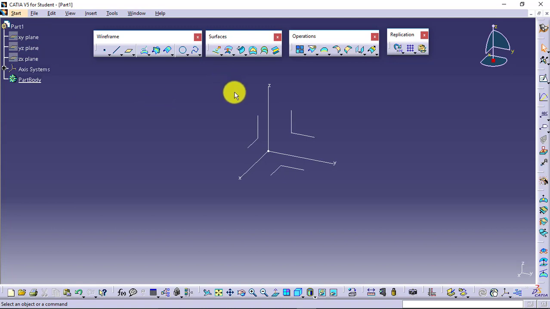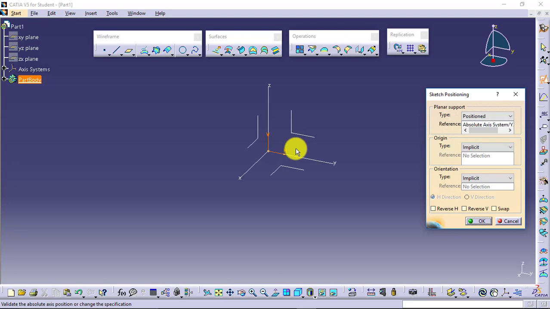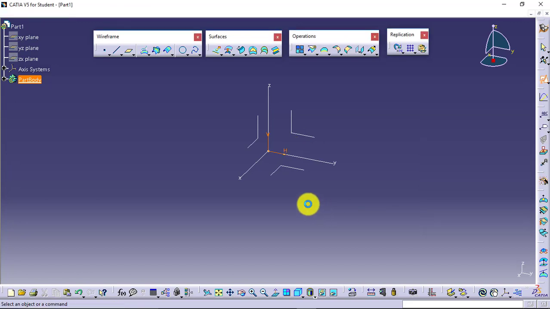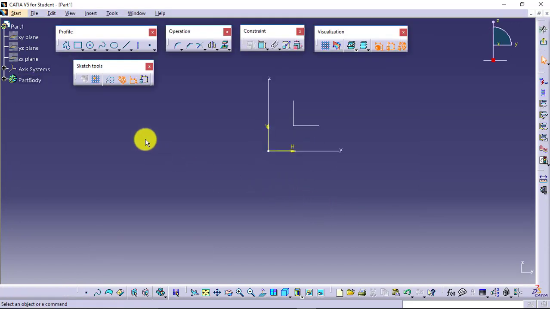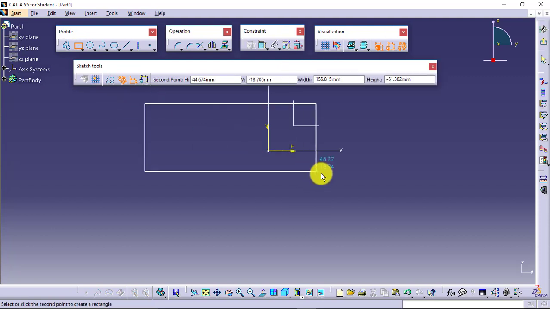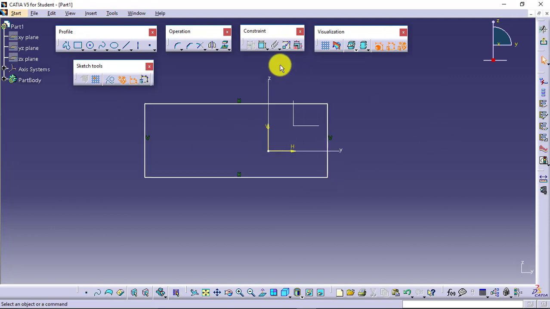Now I will create one sketch. I can use position sketch and I can select the plane and say OK. When we want to create the surfaces, we prefer to create an open loop sketch. Still, if you want to go for closed loop, you can go for closed loop as well.